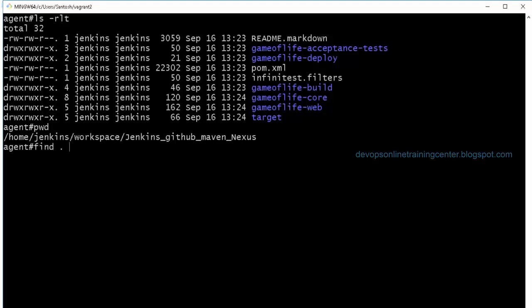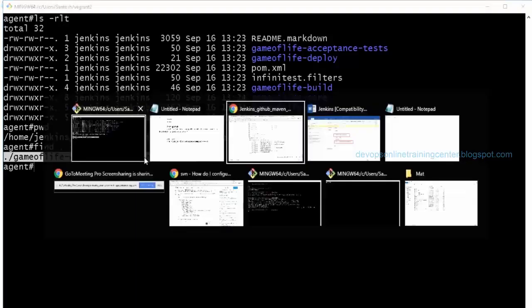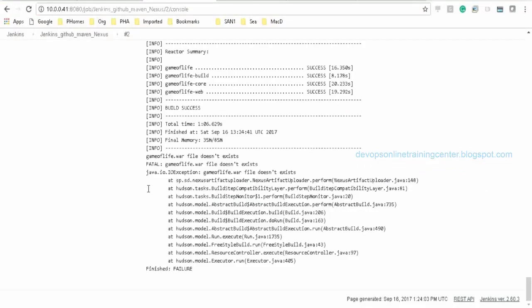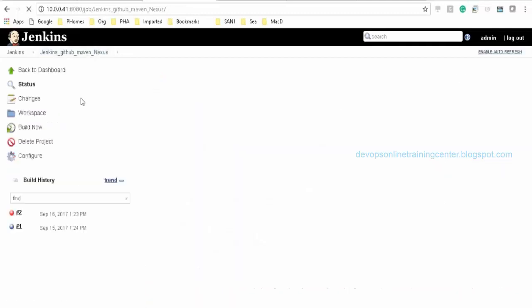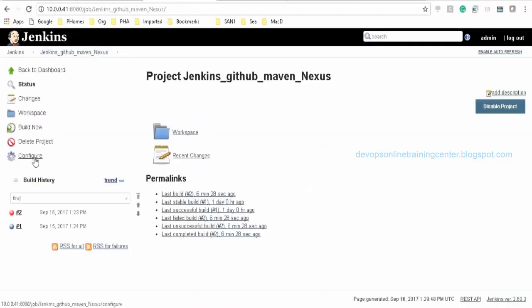So let me search find -name *war. So this is the path I need to specify in the job, right? So let me see if I have specified it properly. Did you get where the source code is stored? Is this clear? No?